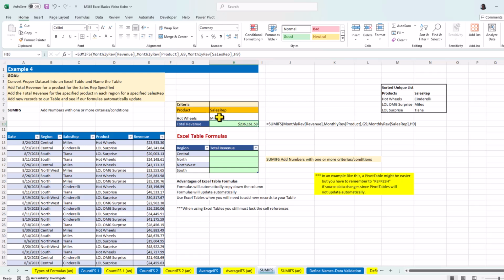rep is Miles. Now, if we were to change the product and leave the sales rep the same, we can see the total revenue for this product has changed. If we change the sales rep to Cinderella, we can see Cinderella has higher sales with that product. So because we already have a data validation here, we can change the product or the sales rep to see what the total revenue will be on our specified